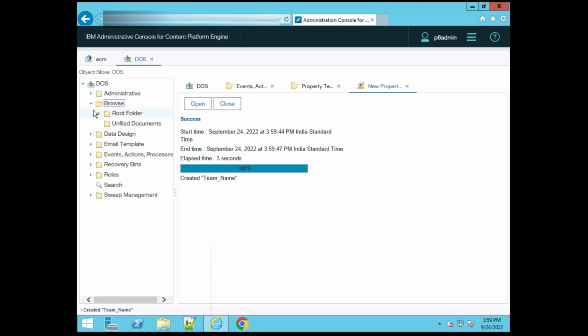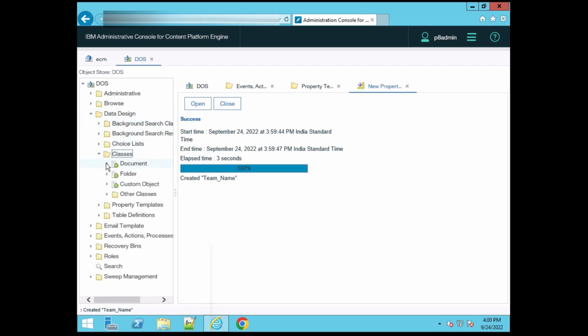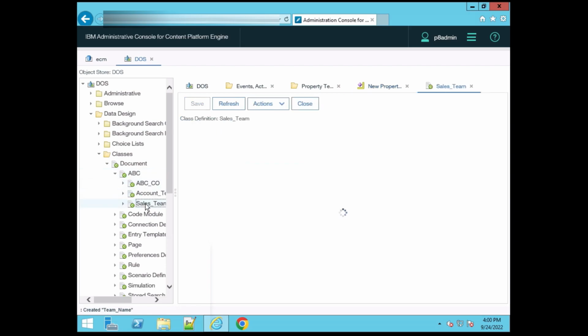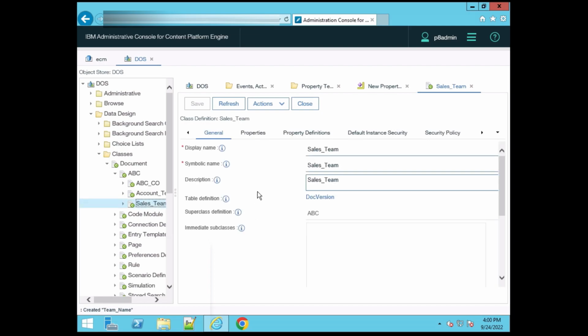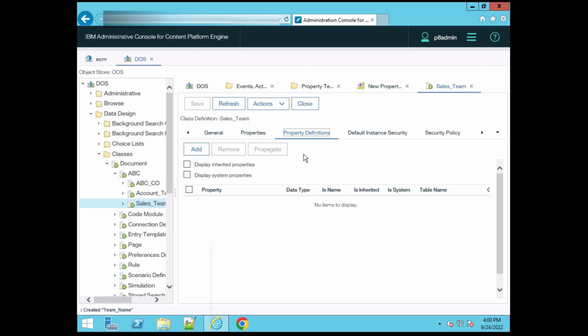So how can we use this property? To use this property, we need to go to a document class. In a custom object class also you can use the property. But for now, as an example, we are taking the sales team class. If you click on the properties definition, after clicking there is an add button here. Click that